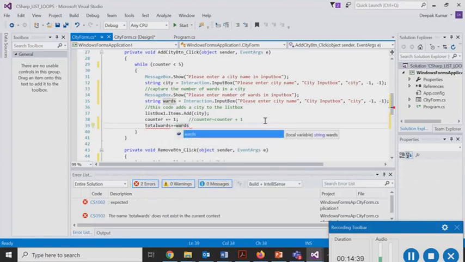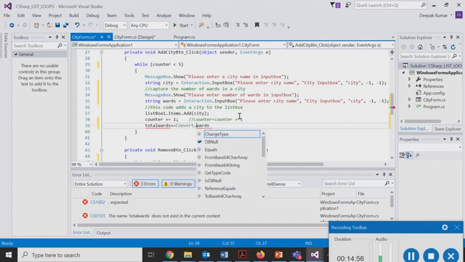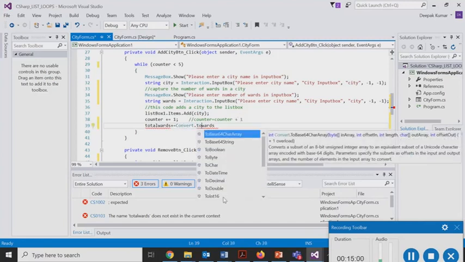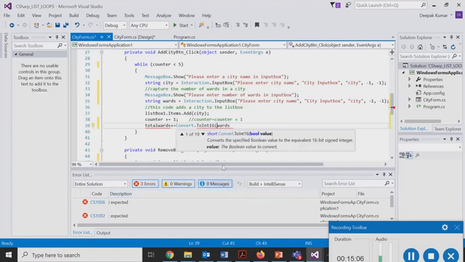In this case, since it is a string value, I have to convert it into an integer value, which I can do by using the Convert command, so I can say Convert.ToInt16. That would be sufficient for me.